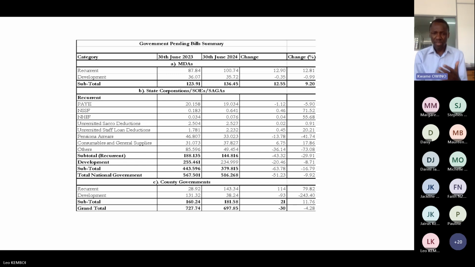And then when you come to county governments, you can see county governments have recurrent budgets, recurrent pending bills of 28 billion in 2023, which had risen to 143 billion by June of this year, which is a serious thing because it's telling you the delays in salaries payments and that. And then, of course, on the development side, which was 131, has been reduced. So what it looks like county governments have done is switched who they owe from owing businesses and outsiders, which was an